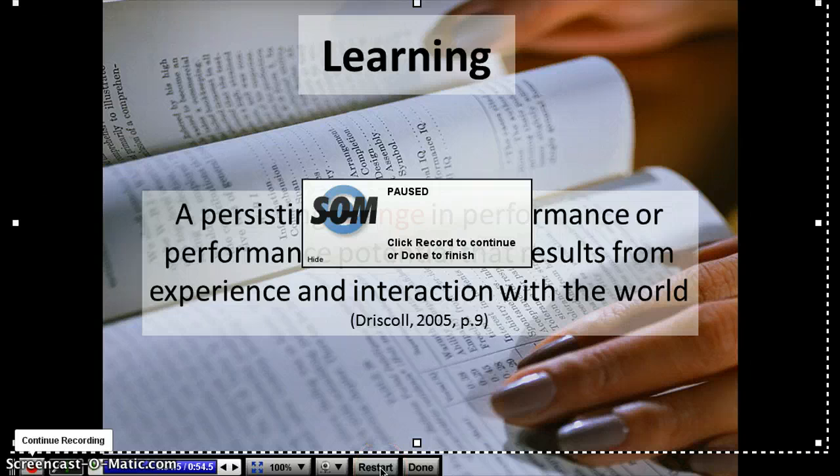If at any point you want to start over and you click the pause button, you can just use the restart to start over. You can also pause and then restart, or start at the place where you stopped by using that record button. So I'm going to click Done,